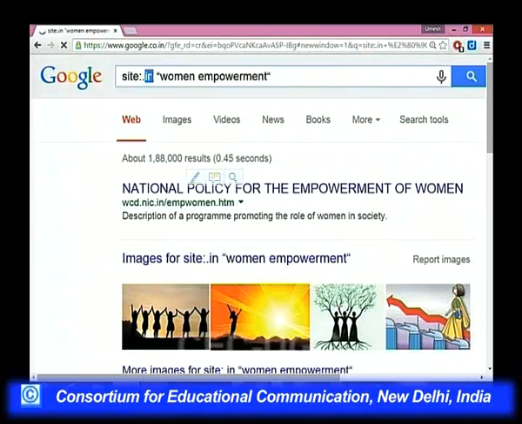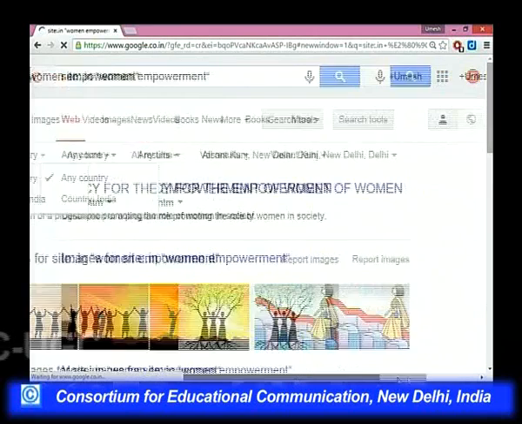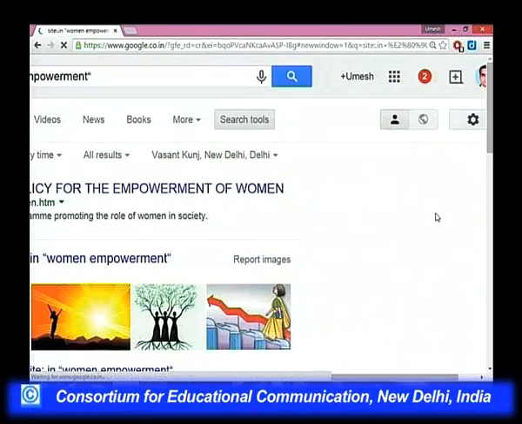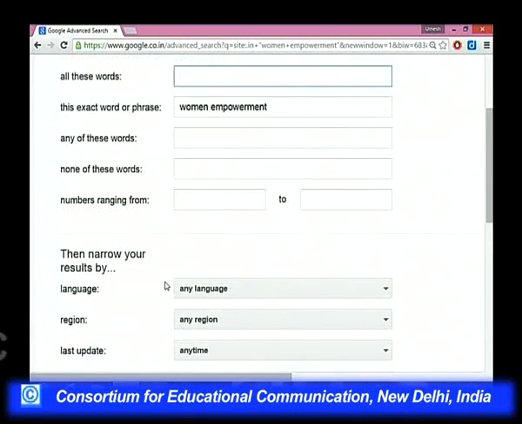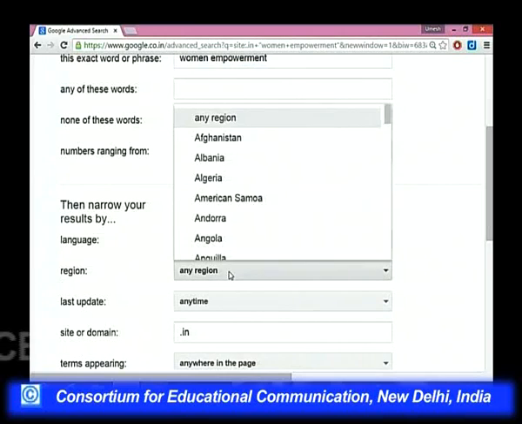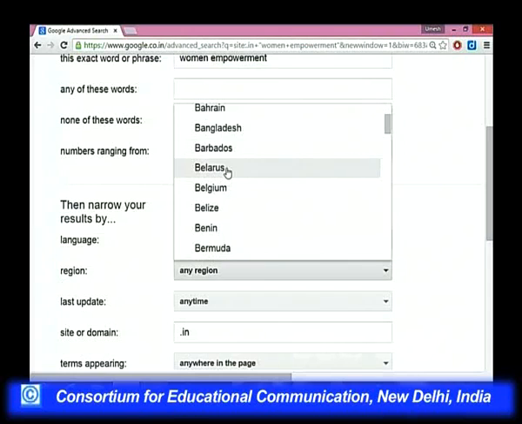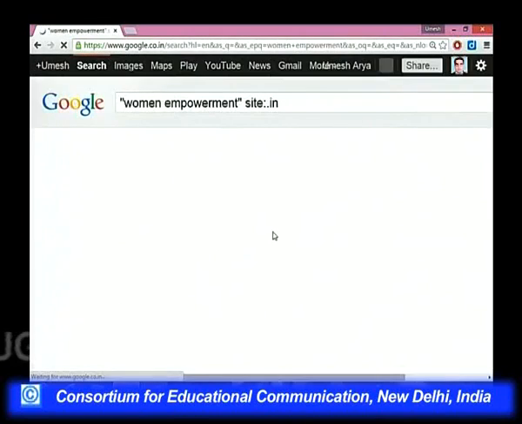You can change the name of the country here, like any country. If you go to the advanced search, then you can select the name of the country. For example, you can use Belarus and then save it.